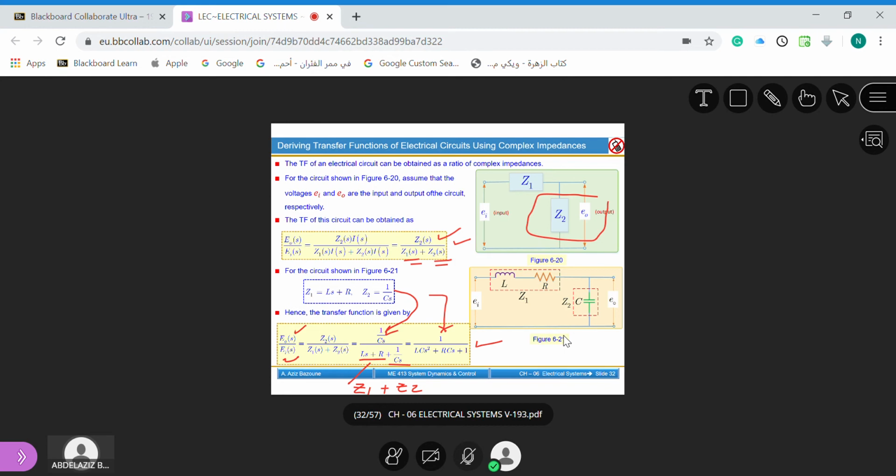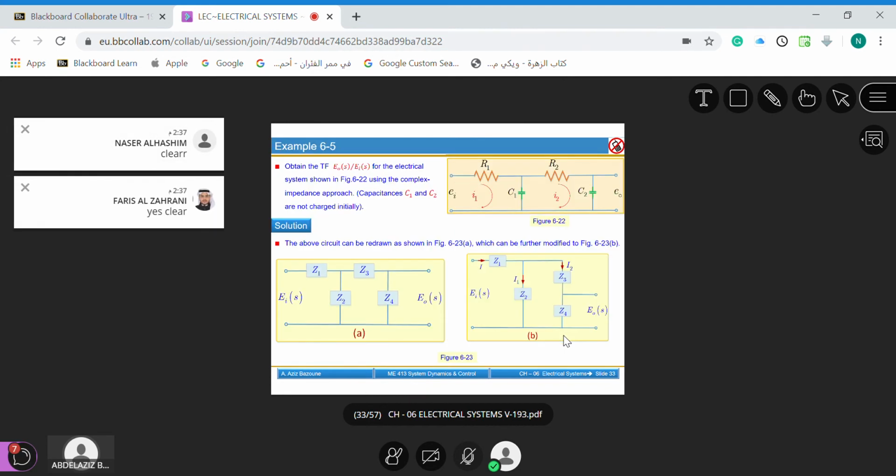Any question regarding this one, Shabab, this problem? Any question regarding this problem? Is it clear? Any question, please? So, Shabab, here,